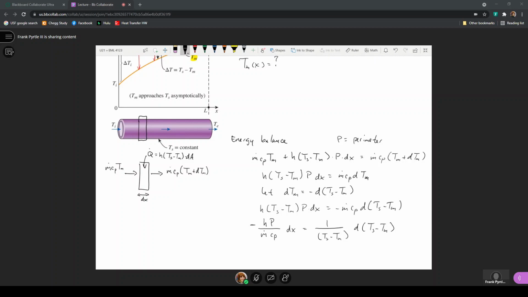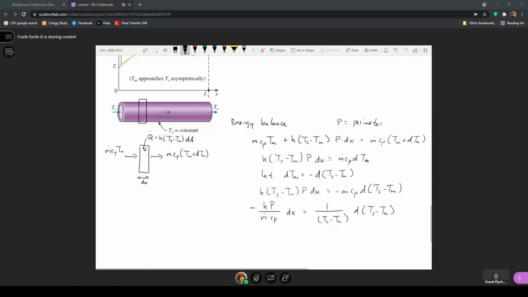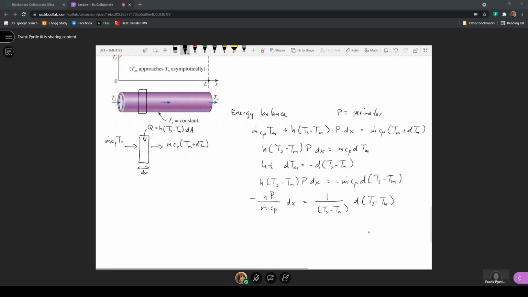So written this way, I have all of these constants: the perimeter of the pipe, the heat transfer coefficient as an average value, the mass flow rate and specific heat. All of those are constants. And here I have 1 over Ts minus Tm times dTm. So if I integrate this expression from x equals 0 to x equals L, which is just the length of the pipe,